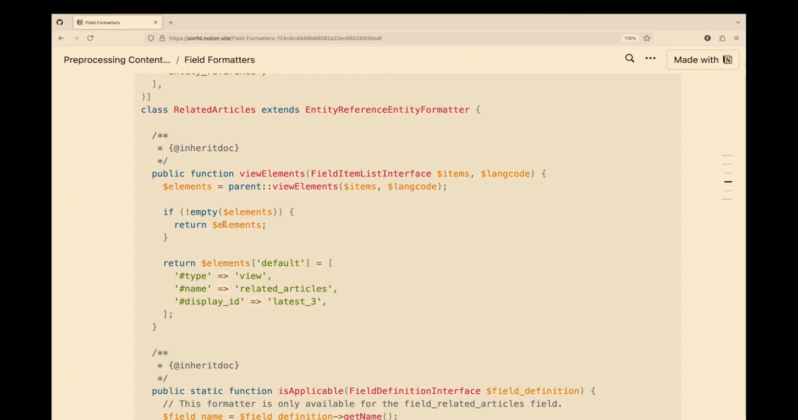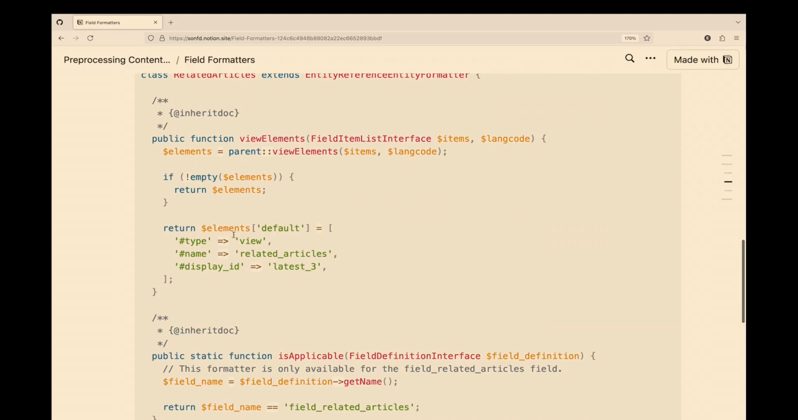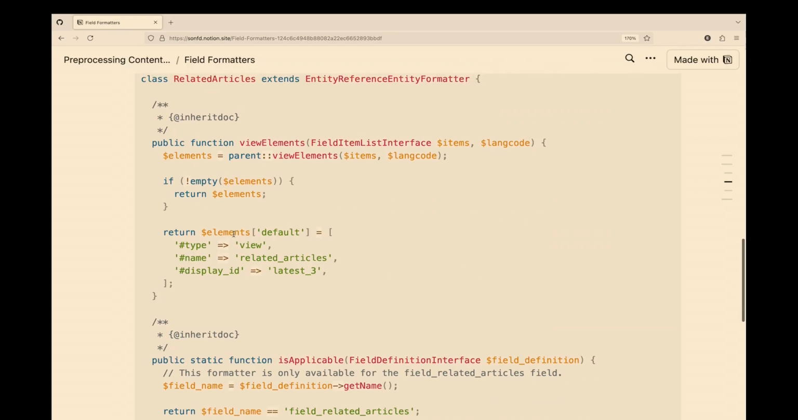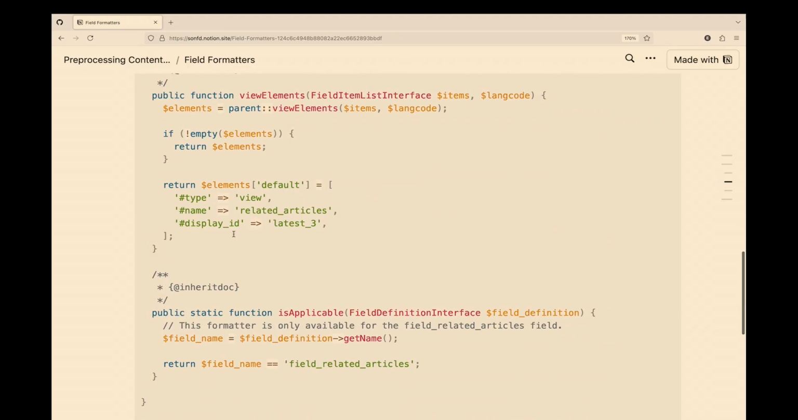We don't need to add our view. If it returned nothing, then instead we're going to render our view here. So that's pretty slick. That's pretty easy. But in this case,